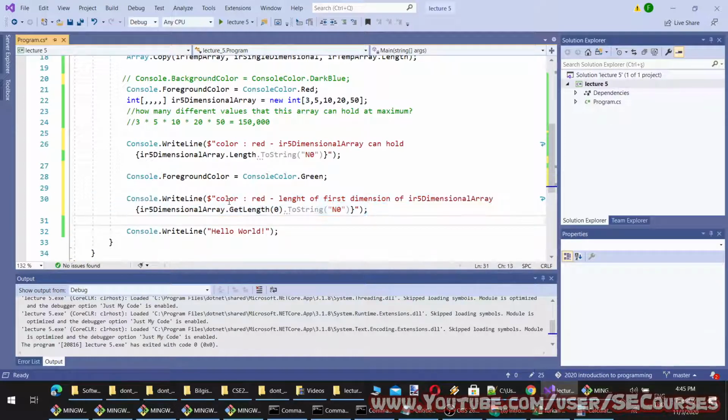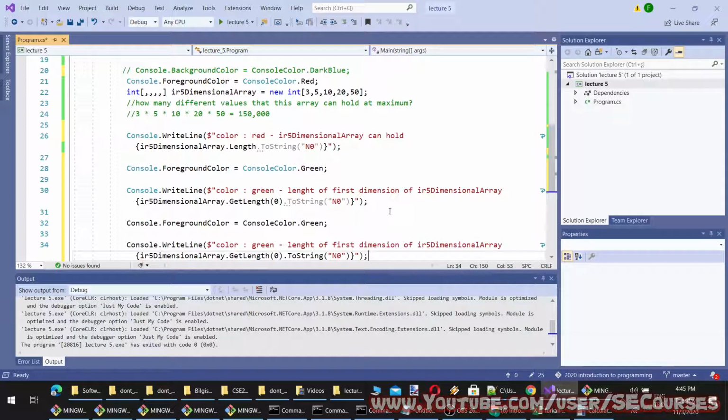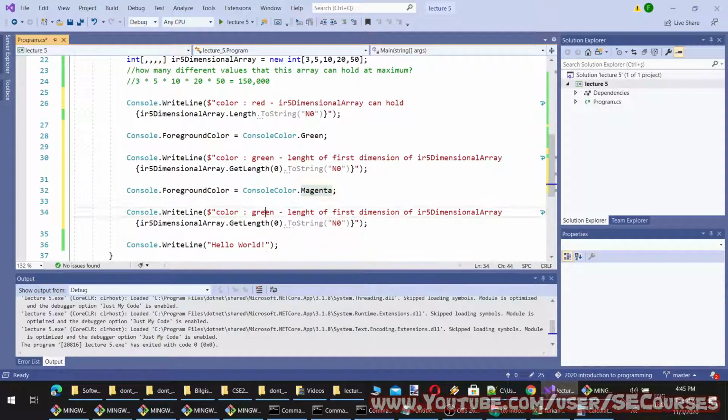Then I'm going to set the color as green, and let's change another color. Let's make it this time magenta, and length of the third dimension. In this case, it should be 2.